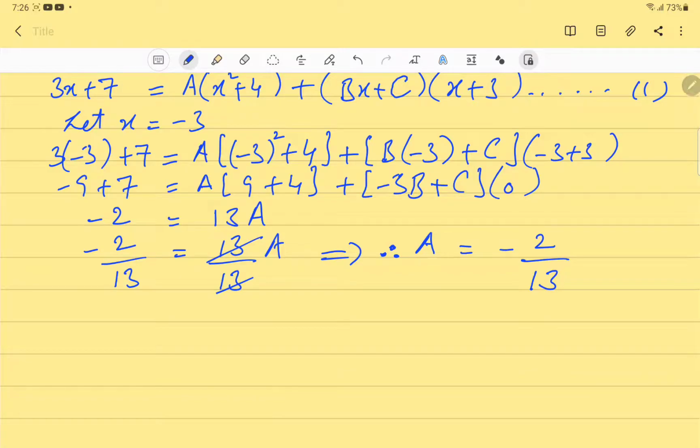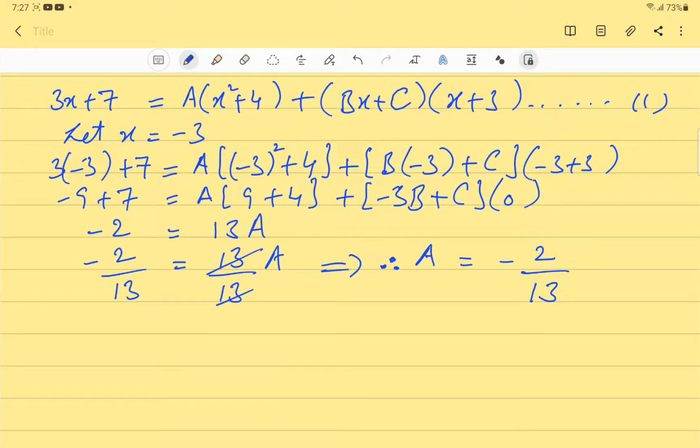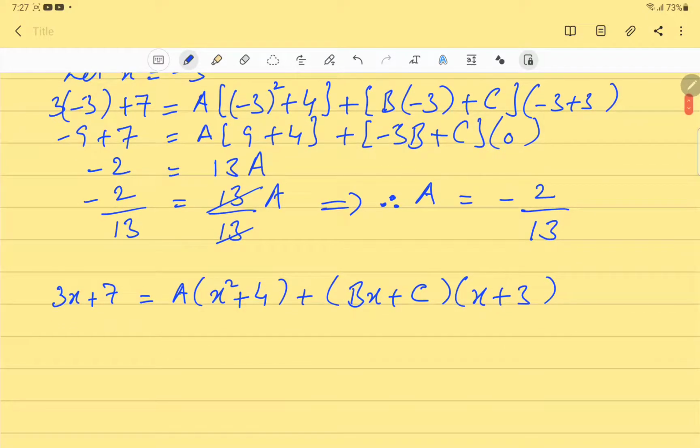Now we have no other value of x which we could substitute in equation 1 to find the values of the constants B and C. So what we will do now is solve this equation and compare the coefficients of different degrees of x on both sides in order to form equations, and then solve them to get the values of B and C. Let's write down this equation one more time. 3x + 7 = A(x² + 4) + (Bx + C)(x + 3). We don't have an x² term, so we write 0x² + 3x + 7 is equal to